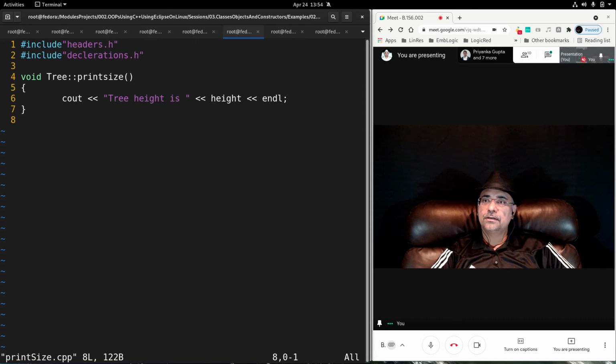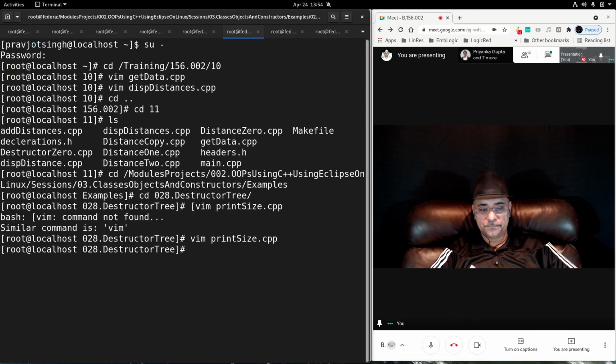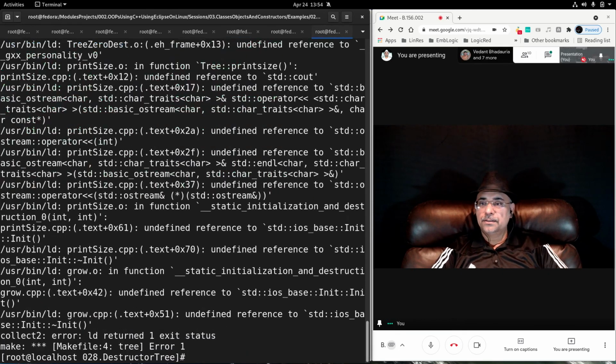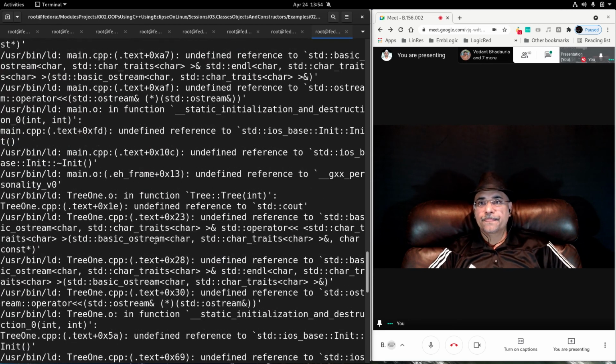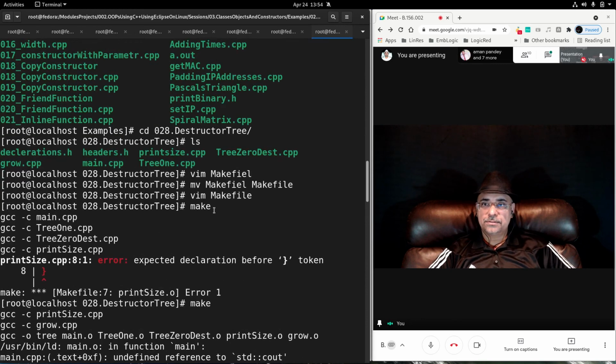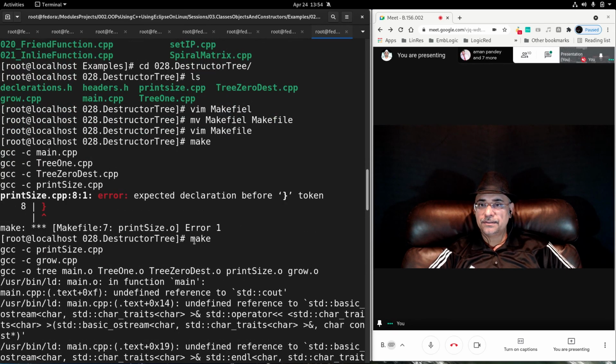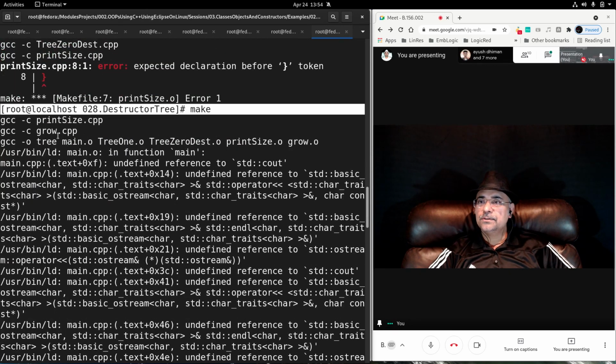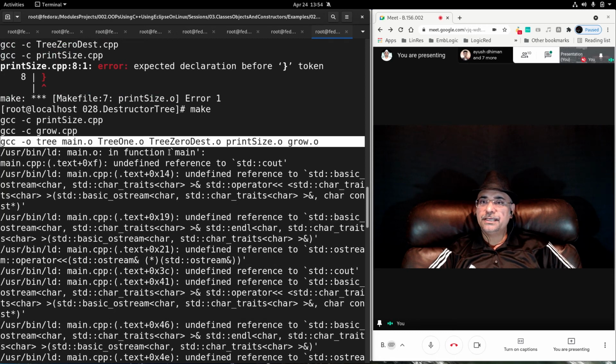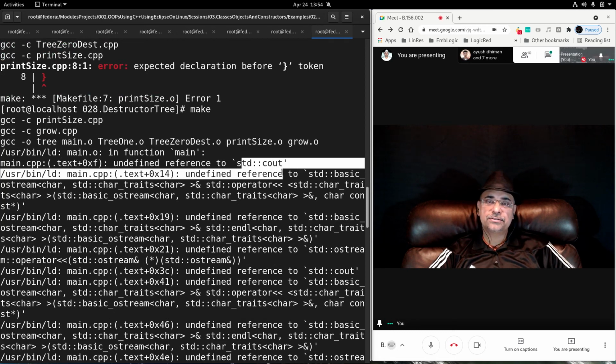Make. So make, oh, big problems. So we have so many bugs, some silly mistake somewhere. Grow.cpp, when linking in function, undefined reference to std cout.